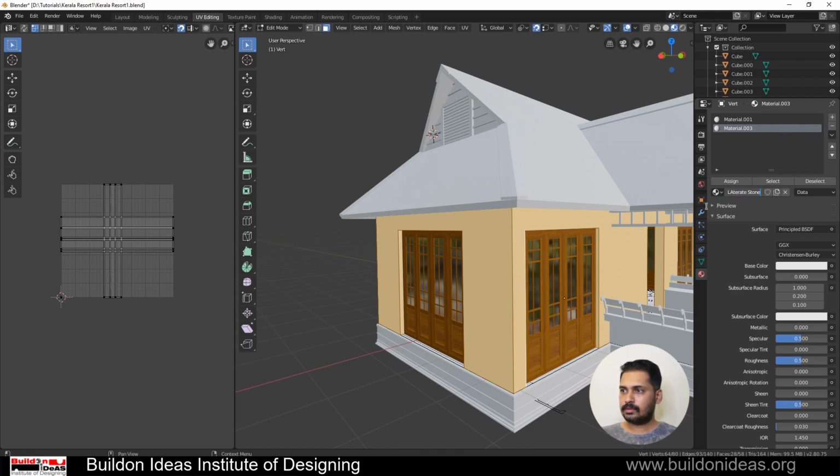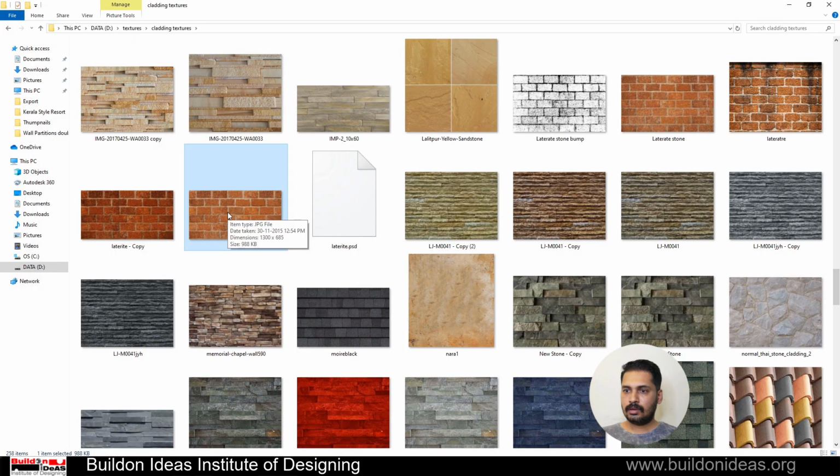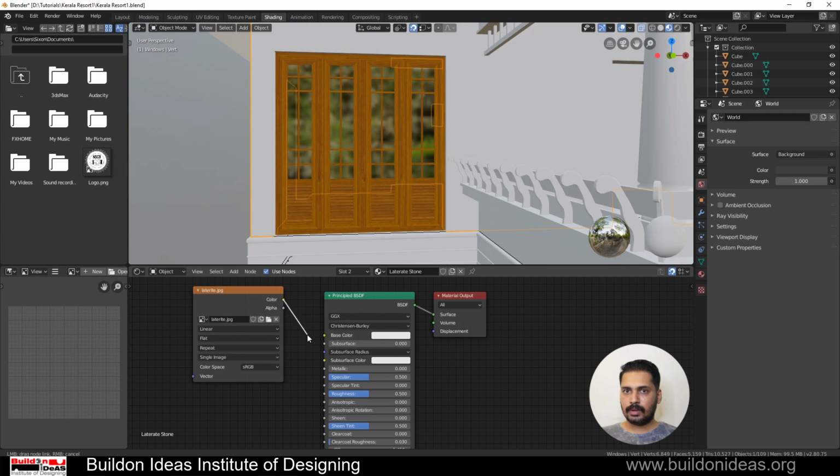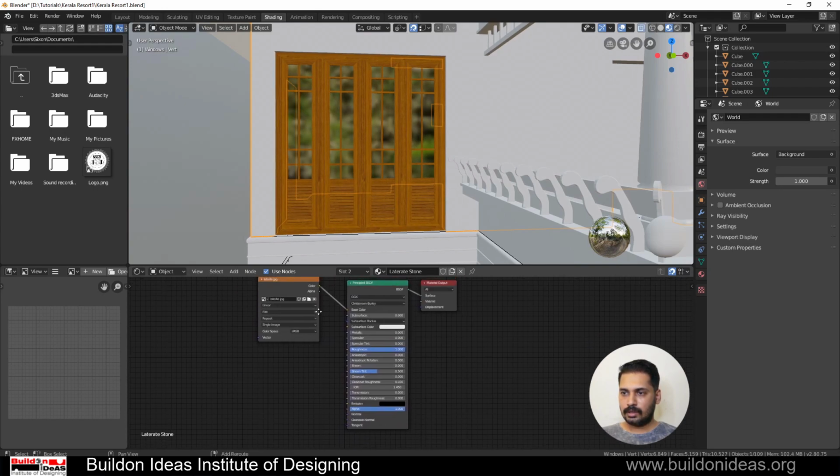Laterite stone. I'll just drag it here, and then I'll apply this to this base material, reduce the thickness,